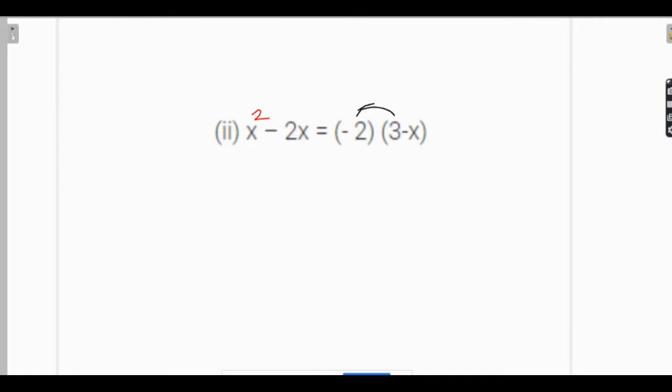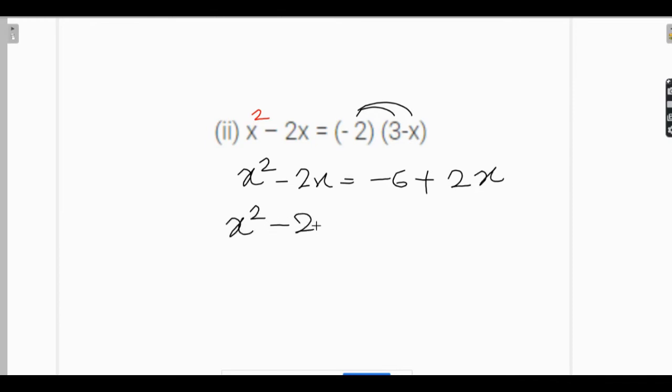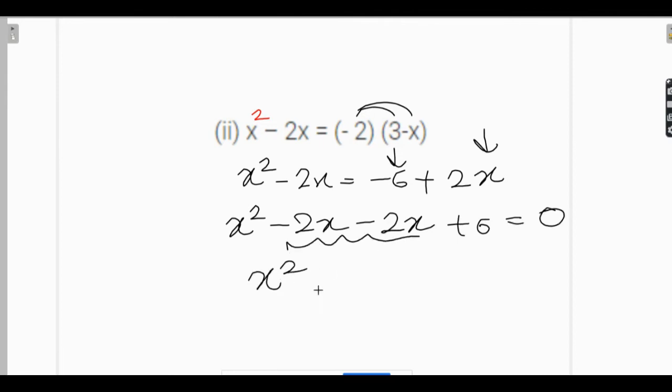What I'll do is I'll quickly expand and open the brackets. So minus 2 into 3 minus 6, minus 2 into minus 6 becomes plus 2x. Okay. Now this plus 2x comes that side and becomes minus 2x. This comes that side and becomes plus. So minus 2x becomes minus 4x. Is the highest degree 2? Is it a quadratic equation? Yes. Okay, that was your question.